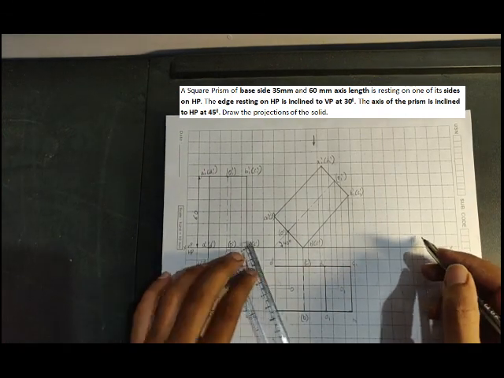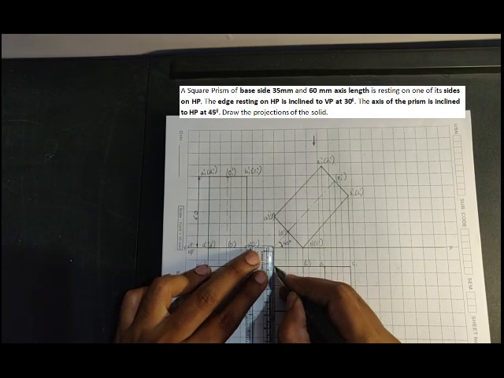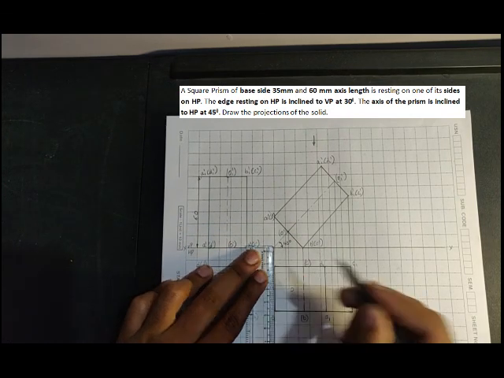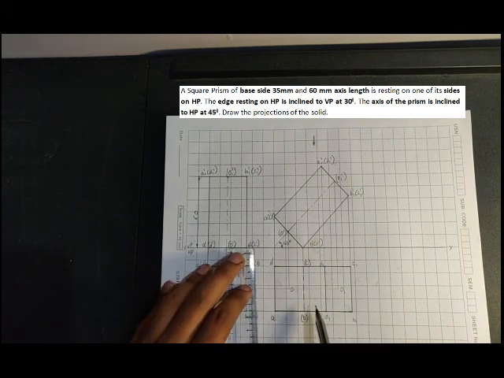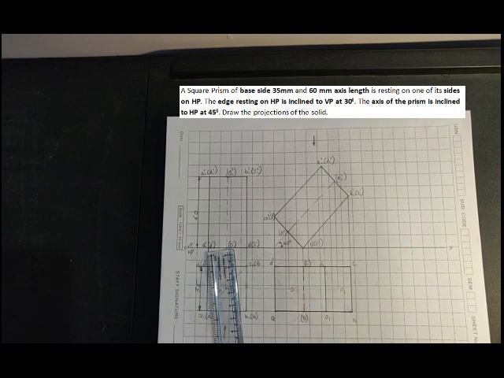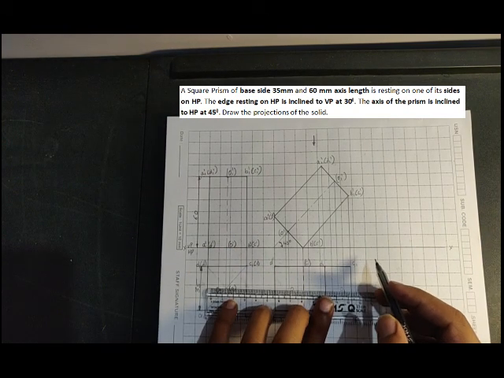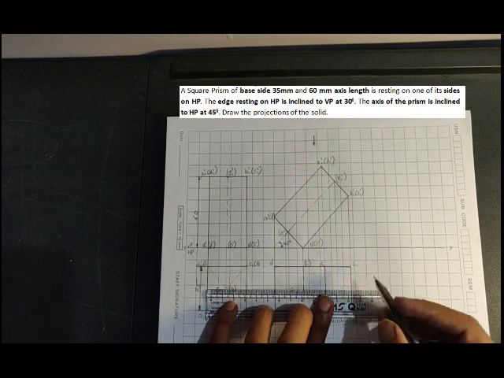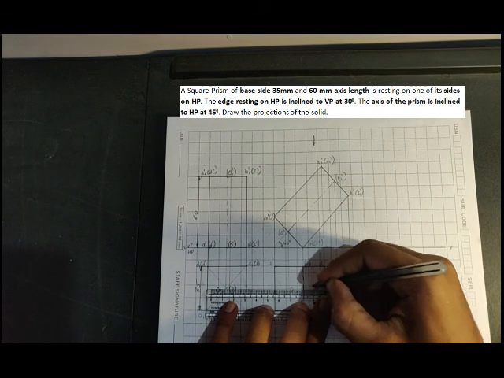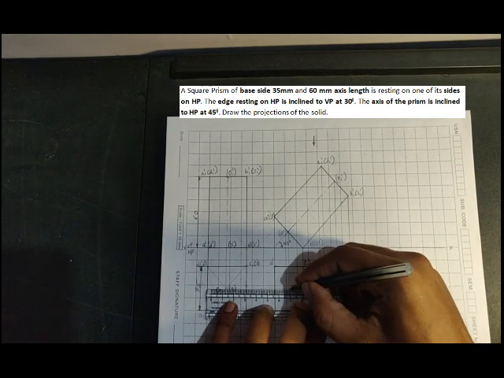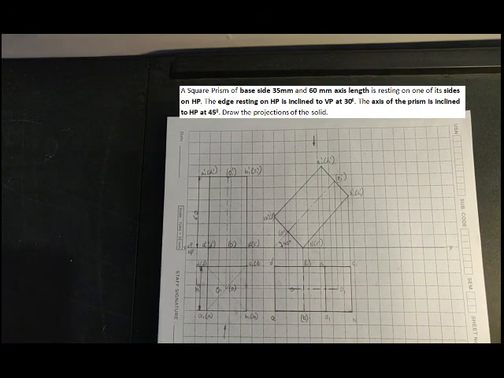So now the remaining line is A to D. As I can see, this is visible. So I made this visible. So basically what has happened here is only this line is hidden, that's all. Okay, but the concept is any line joining these 2 points should be hidden. This is what I mean to say. So now let me draw this hidden line, center line. Okay, I'm using pen here so that it will be visible for you to understand, correct? So this completes the top view.